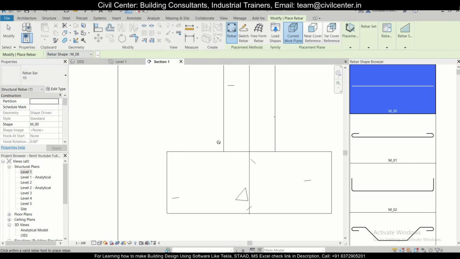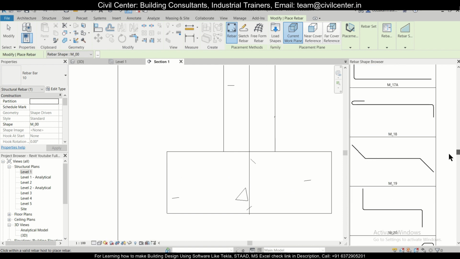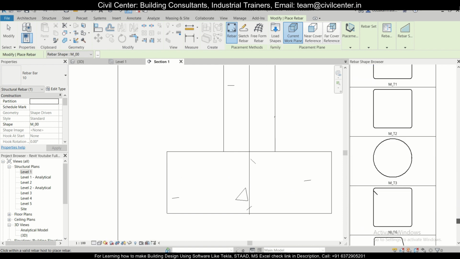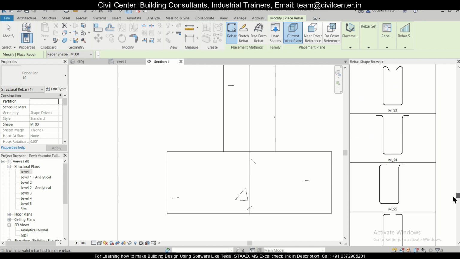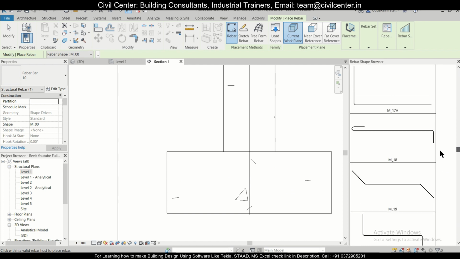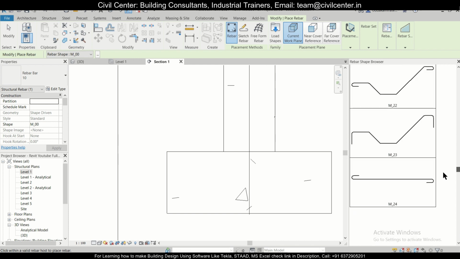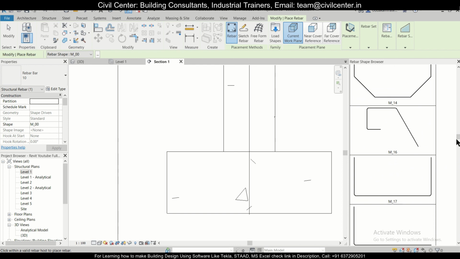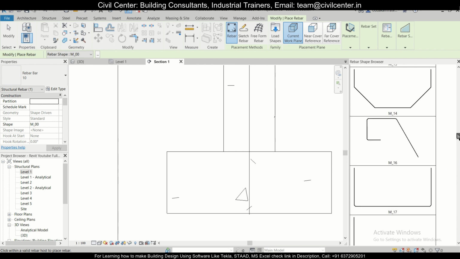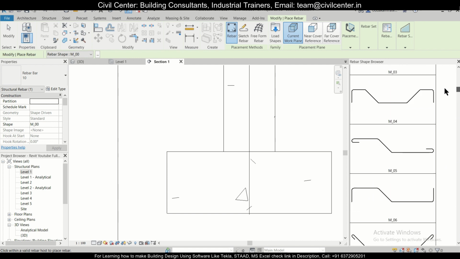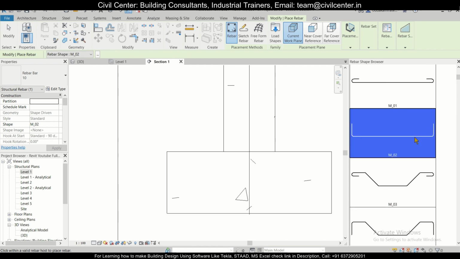So we have our 10 bars, and we can simply apply the 10 bars which you want. For that we'll first select the shape of the bar. If you don't have the shape of the bar, we need to create a manual shape using the sketch tool. But for the footings we have the particular shape of the bar. Let's say we have this shape, and let's see if we have anything similar to that. So we have this M02, so we are going with this M02 shape and 10 radius.